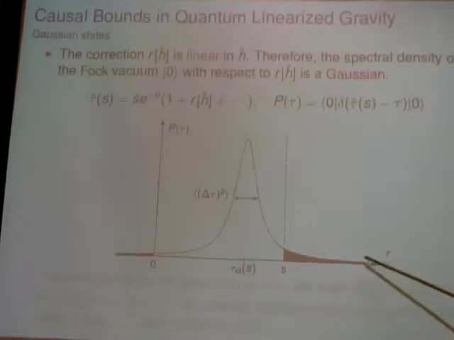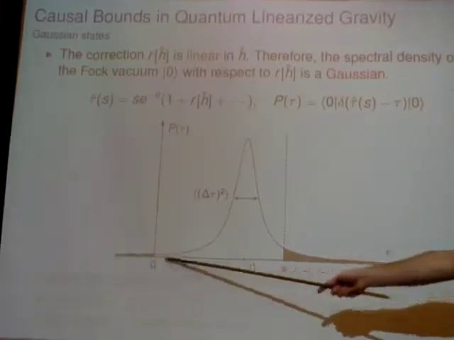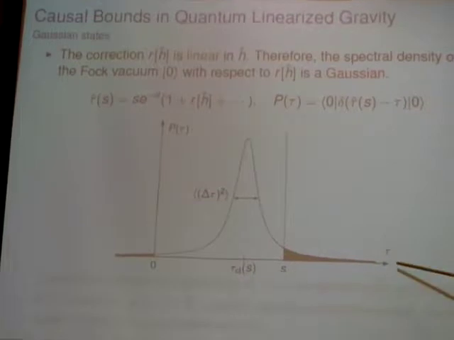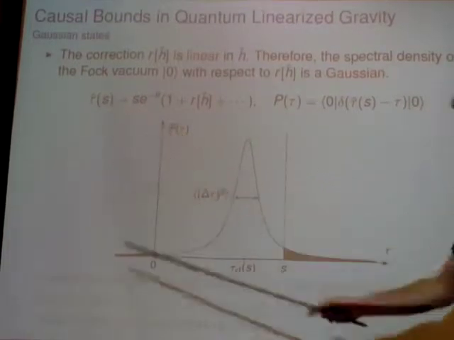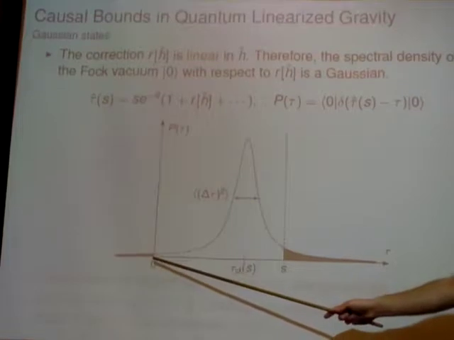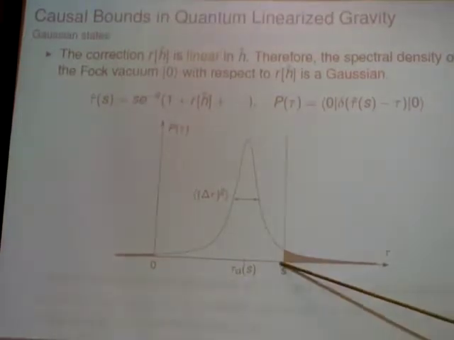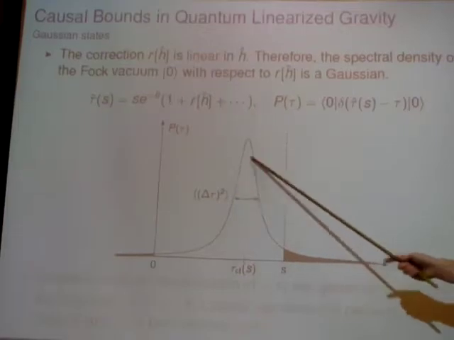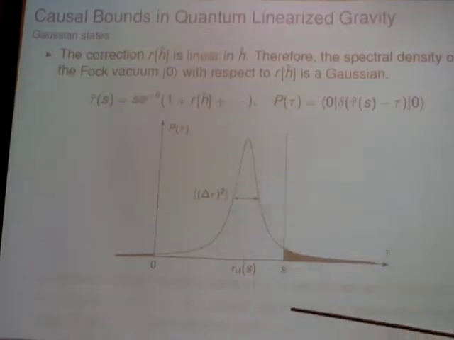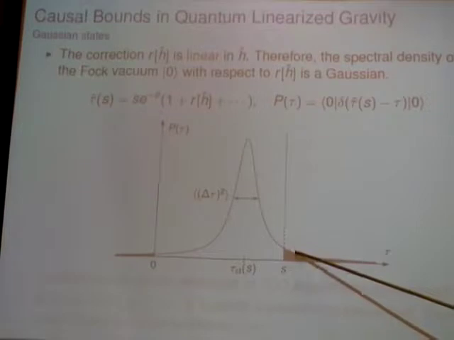However, note that the Gaussian has support everywhere on the real axis. But classical bounds on the emission time tell us that it can only take values between 0 and s. Okay, so fine. The Gaussian should probably be peaked inside this interval, but it still shows us